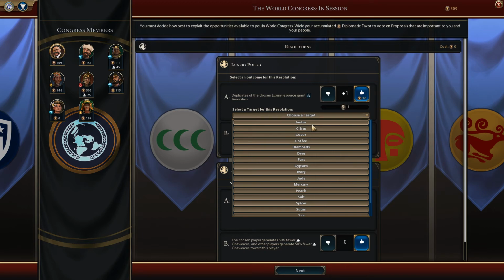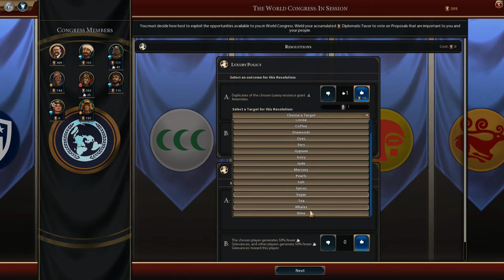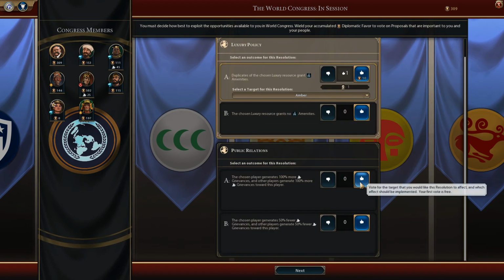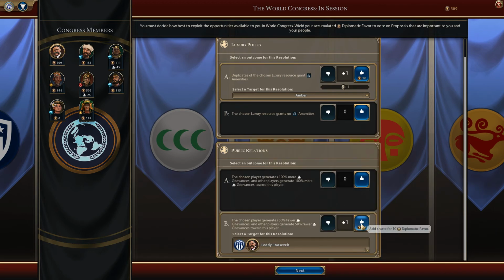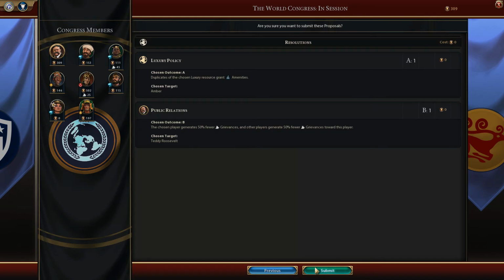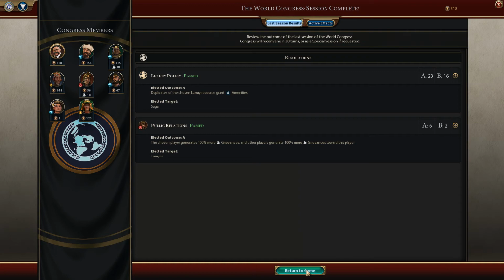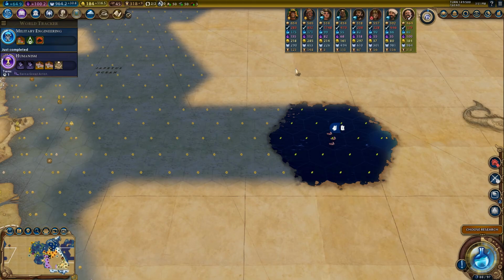We have duplicates, I think, of amber and pearls we will have. Sugar, I don't think we do. There's a lot of resources, a lot of which we don't even have. I'm going to vote for amber. Just vote for myself here. I don't really know who else to vote for. I'm trying to be friendly with everybody. Yeah, it generates much more grievances. The more science intervenes...